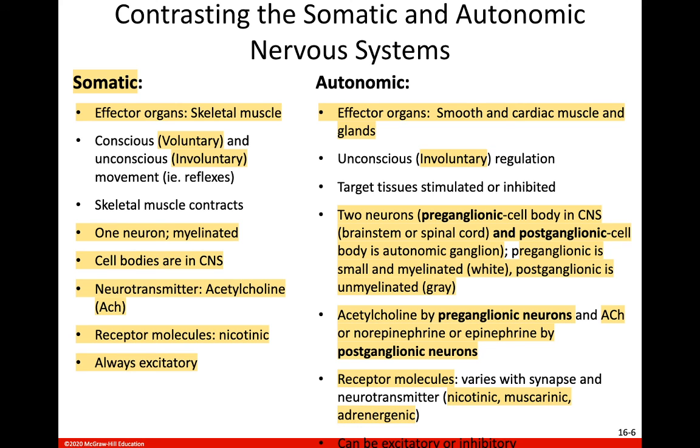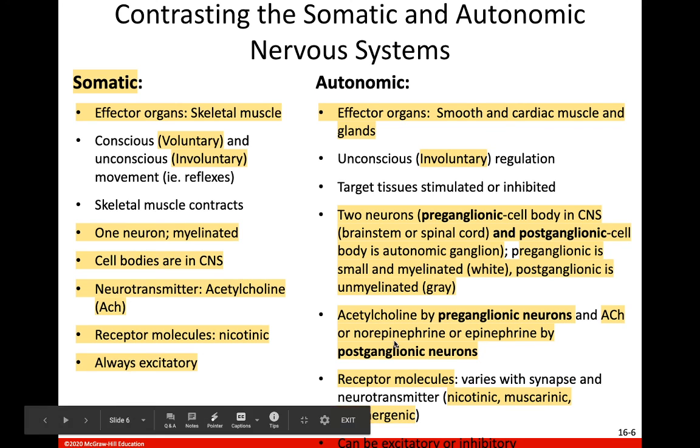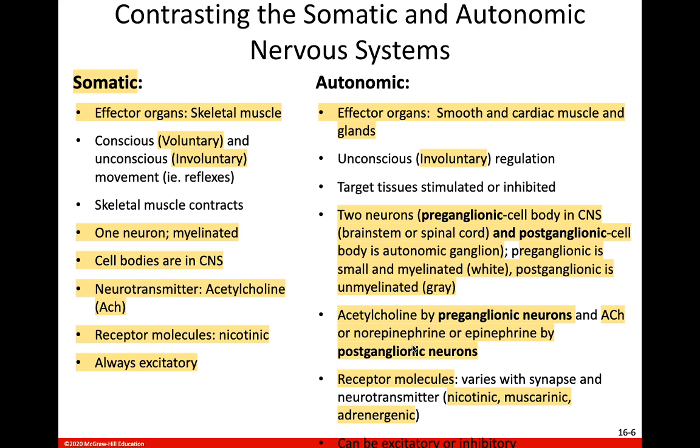But in the parasympathetic nervous system, it's actually epinephrine or norepinephrine that is released, or no, it may be the other way around. It may be that the sympathetic postganglionic releases the norepinephrine, and the parasympathetic postganglionic releases the acetylcholine. I don't remember for sure, so if we don't talk about it in the PowerPoint,